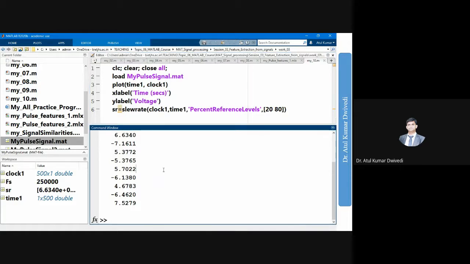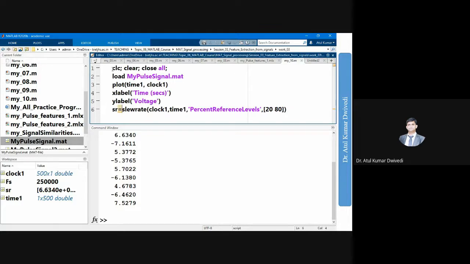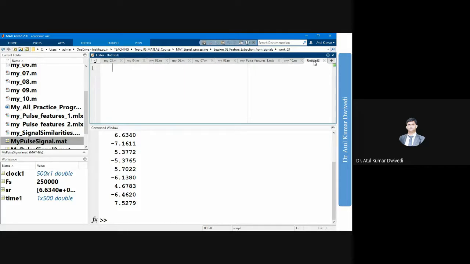So this is actually the slew rate, rise time and fall time calculation. Now I will load another signal. So I have to take one new program, and this is similar, so I just copy from here. I'm taking another waveform to calculate undershoot and